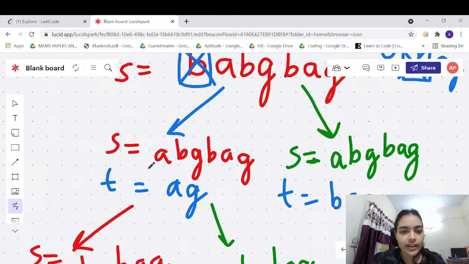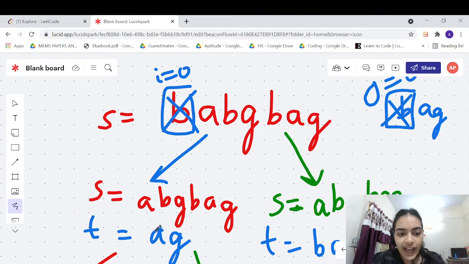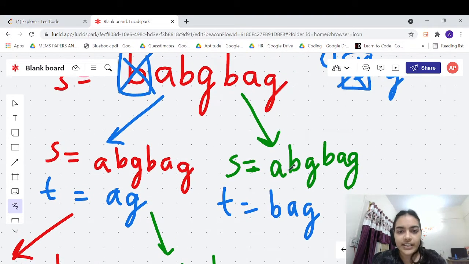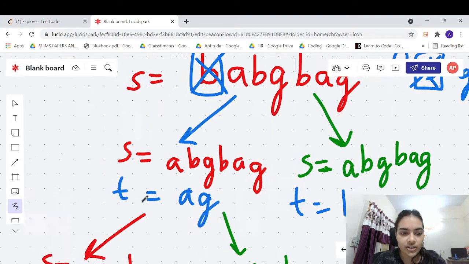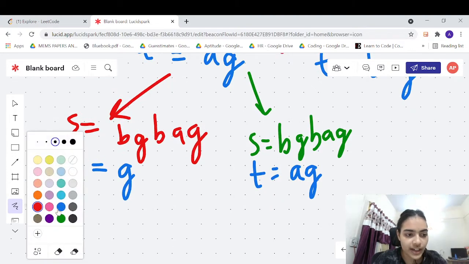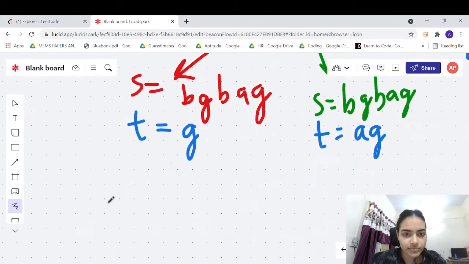Okay, so in the first choice that we make, we are moving both I and J. If the characters match, we can move both I and J. Or the second choice, you can just move I and let J remain as such. So you have two choices at each step. Let's try to draw out the recursion flowchart, then it will be clearer.